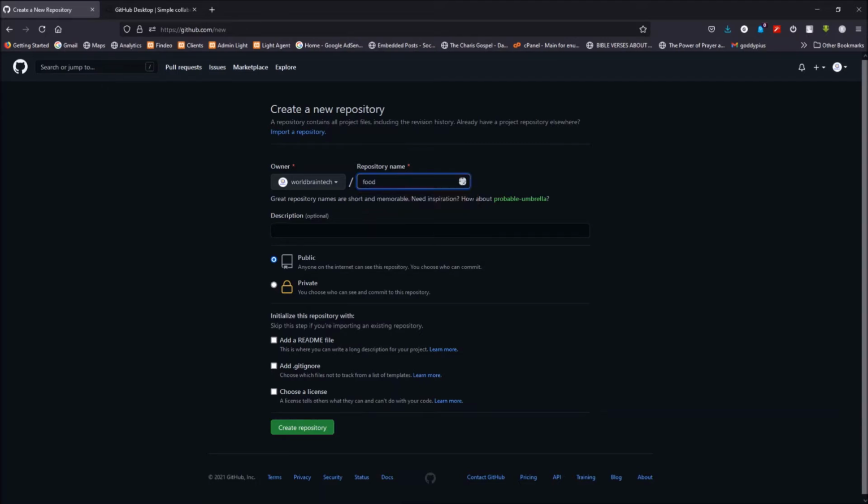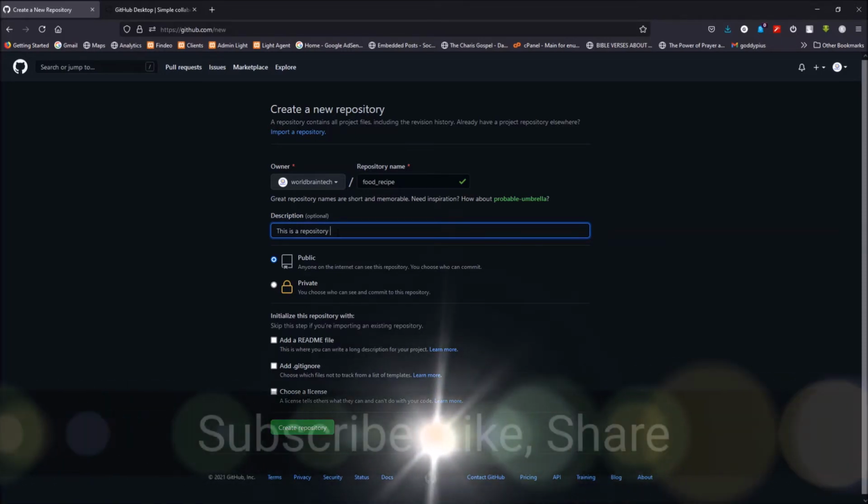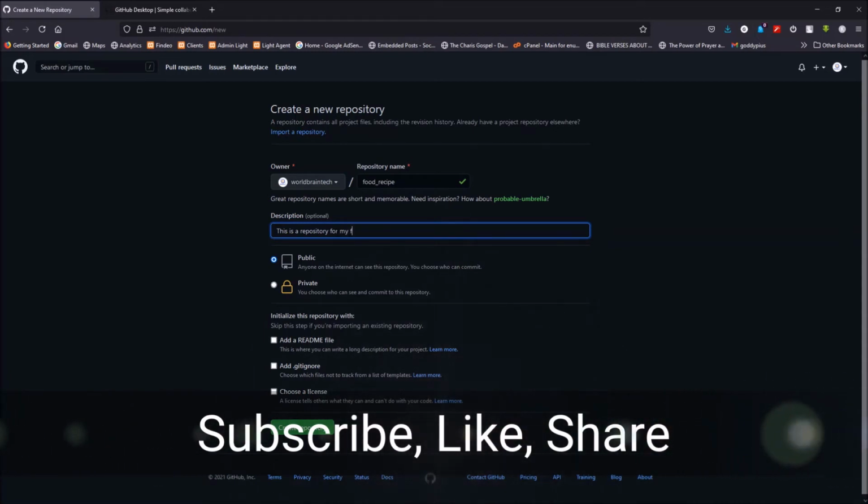So they handle that for you. So you can just say recipe this way. This goes well. So the description is optional. We can choose to put in something there, or we can choose to leave it blank. But we can say this is a repository for my food recipe